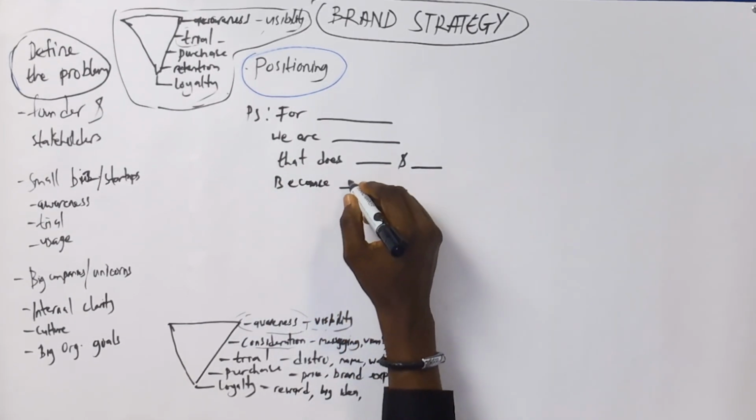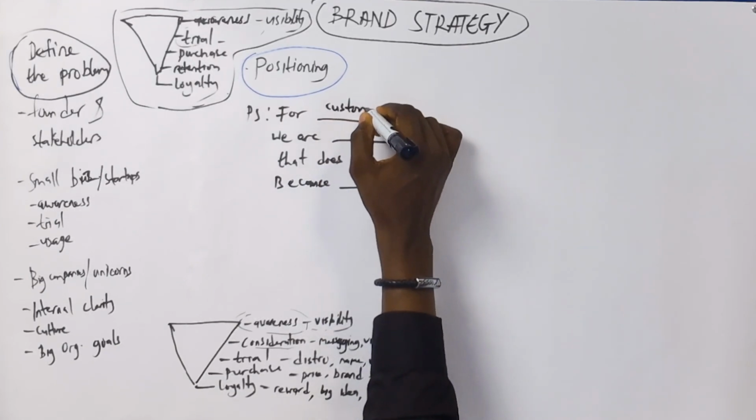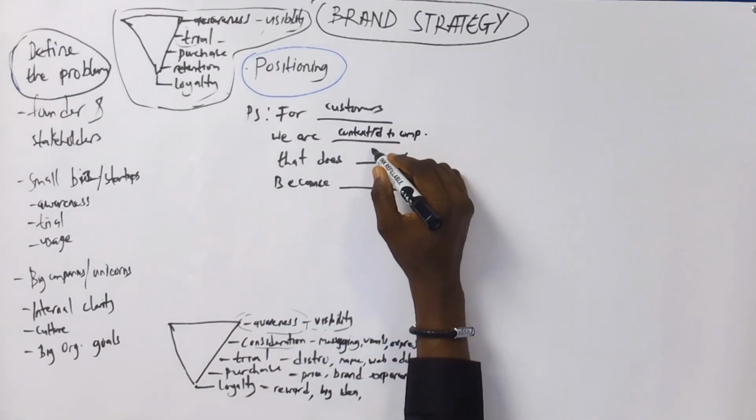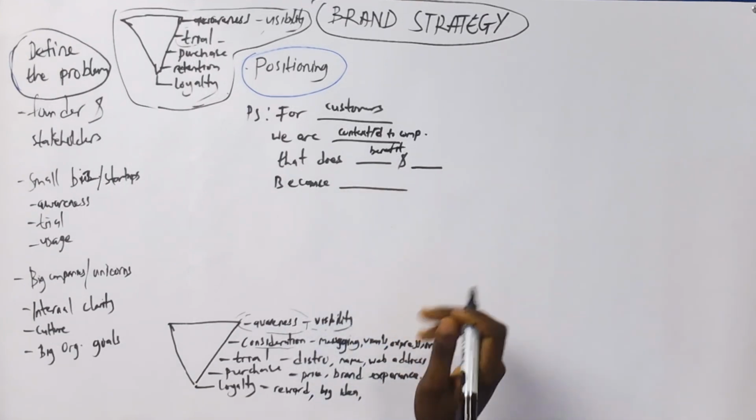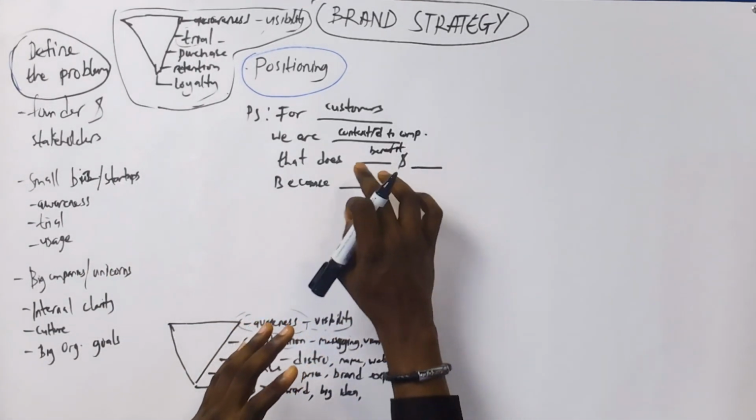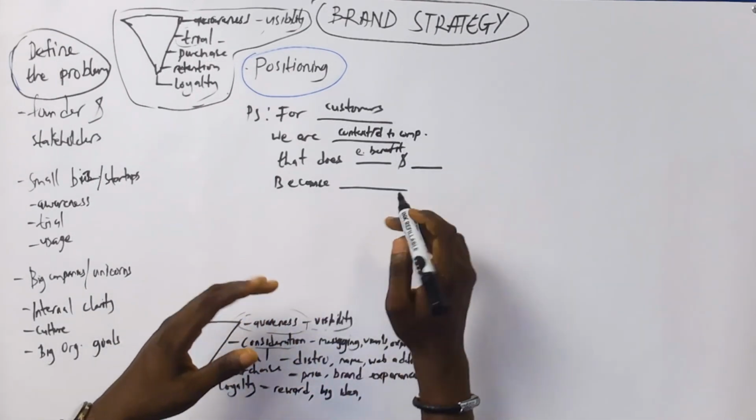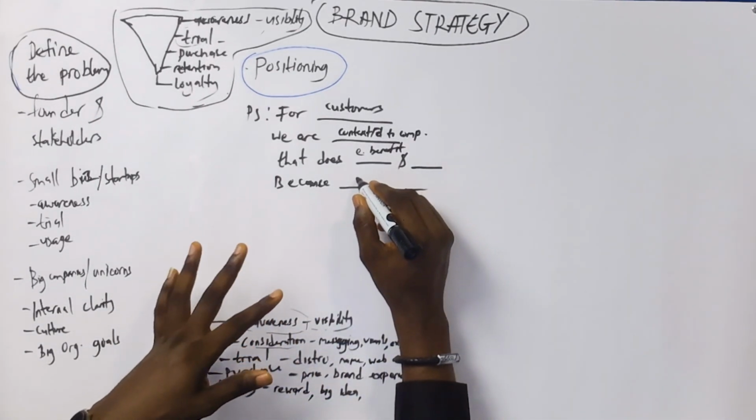So because is the reasons to believe. So for here you're talking about your customers. Here you're talking about you, the company, which is your context, I would say, the context relative to the competition. Guys, I hope you're hearing me. Sorry, seems like what I'm writing is not fitting into what I'm saying. That does, which is like the benefits, usually emotional or functional, but usually I will just reserve this for emotional benefits. Because dash is where the reasons to believe go, right? Now these reasons to believe